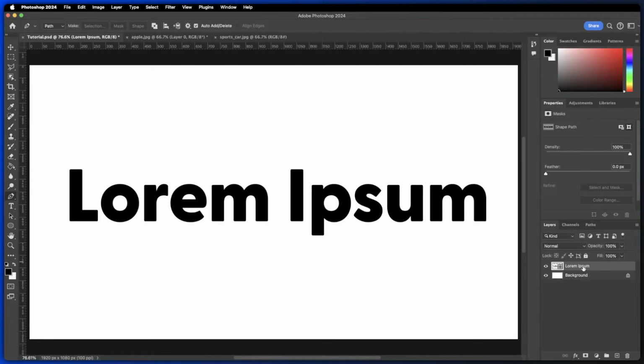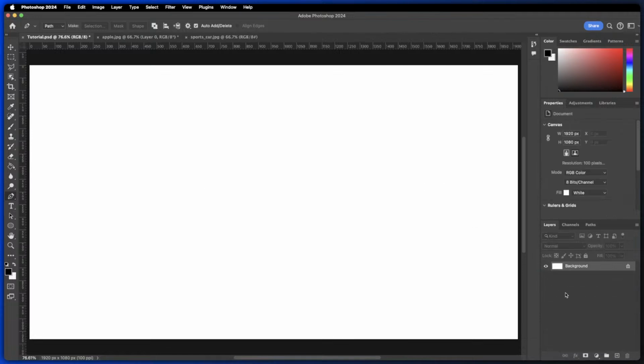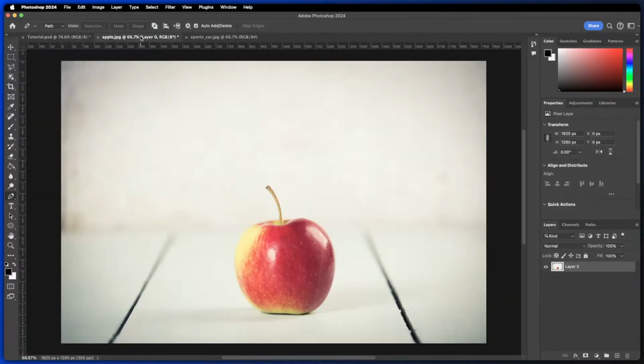Another case where you might want to convert the two is converting a raster file into a vector object. So once again, like I said at the start, you're going to be slightly limited. You can't copy all of the color information into a vector file, just by the nature of a vector file only being able to support a very limited range of colors. But there are some tricks to create outlines that are vector shapes from raster